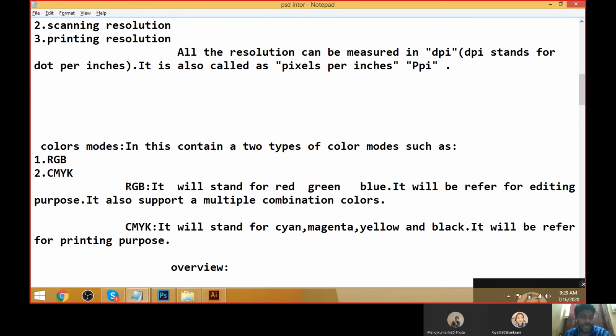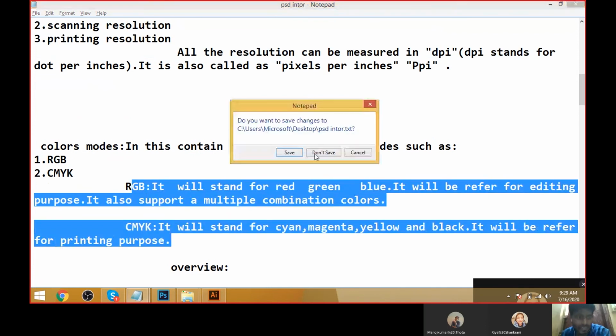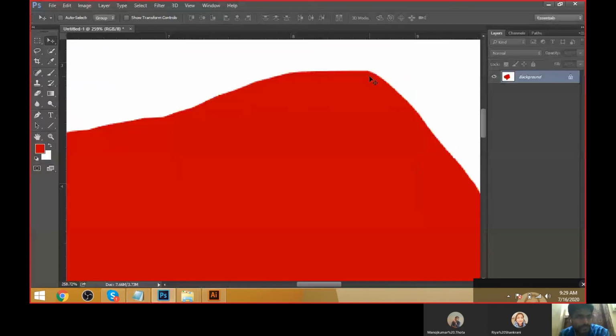What are the differences between RGB and CMYK? Is there any idea, guys? RGB stands for the digital process. Digital means like photography. What we see in a photo is completely digitalized. When you go to a studio and take a photograph, it will automatically look like a digitalized photo.